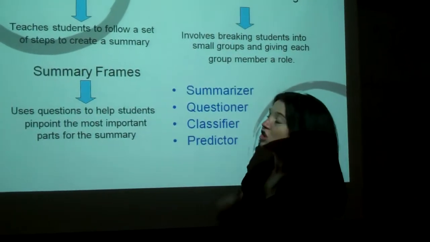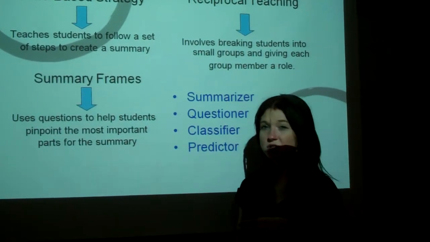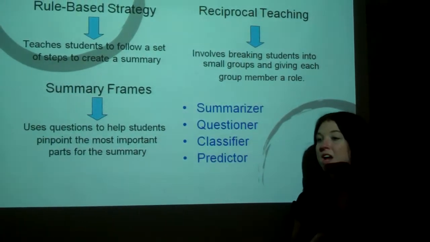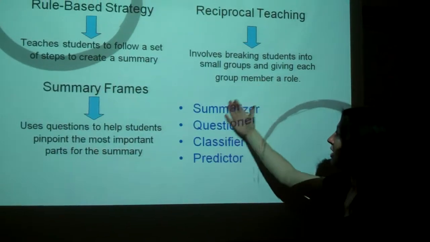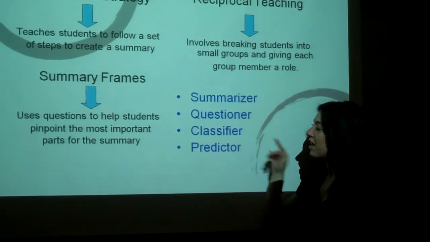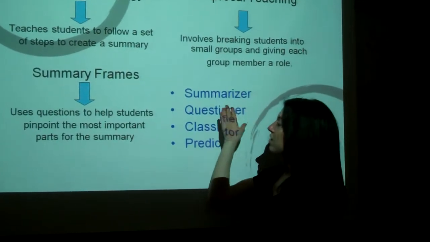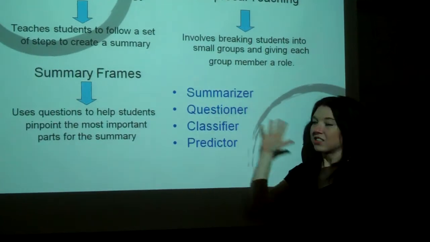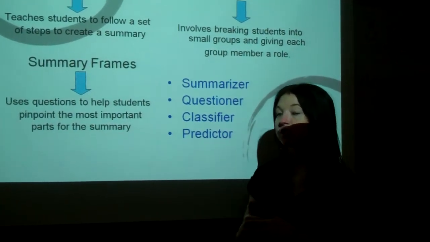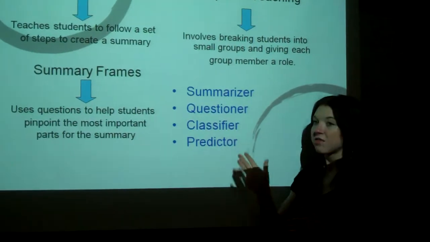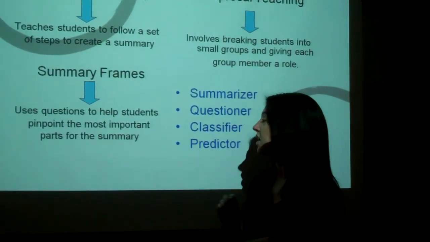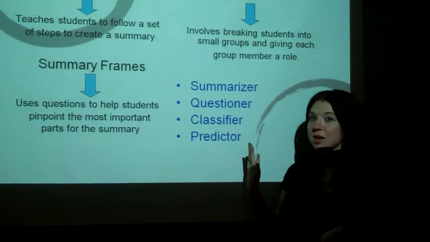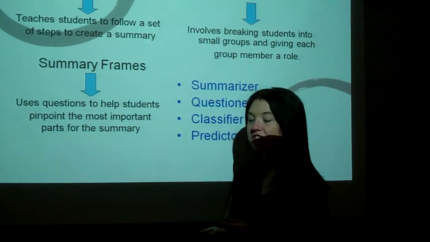Another idea is to use reciprocal teaching. This involves students getting into small groups. One student would be the leader of the group, and this student would help guide the whole group. Each student would be given a different role: a summarizer, questioner, classifier, and predictor. They would all read the article. The first student would summarize what the article is about. The next student can ask questions to help the students further create an understanding. The classifier can group things into different categories, and the predictor can predict what's happening next. It gives each child a role in the summarizing, but it also allows them to teach each other and work